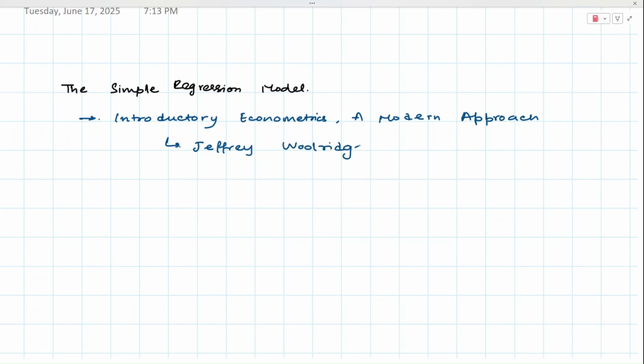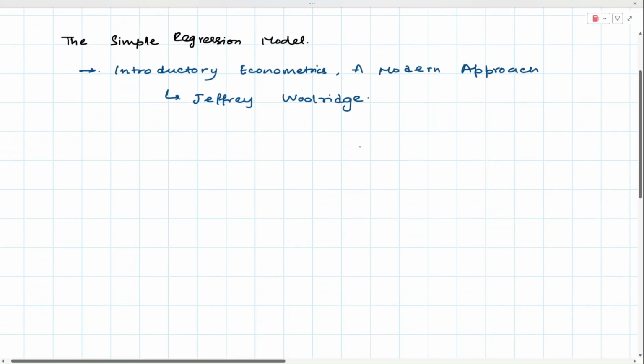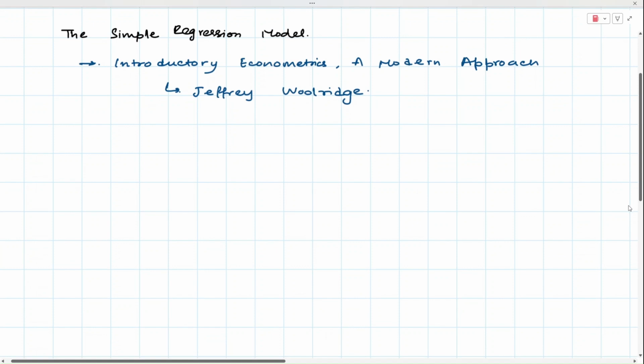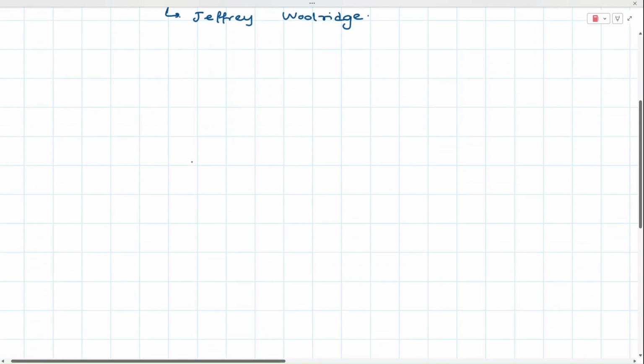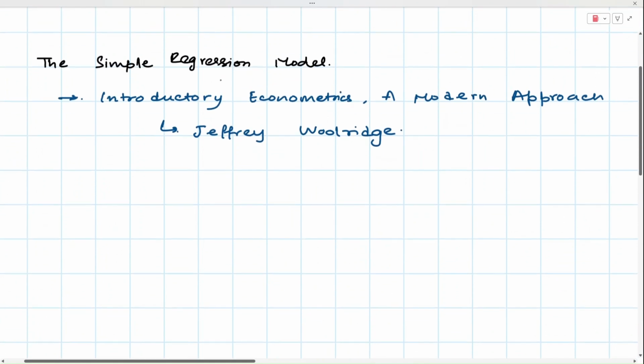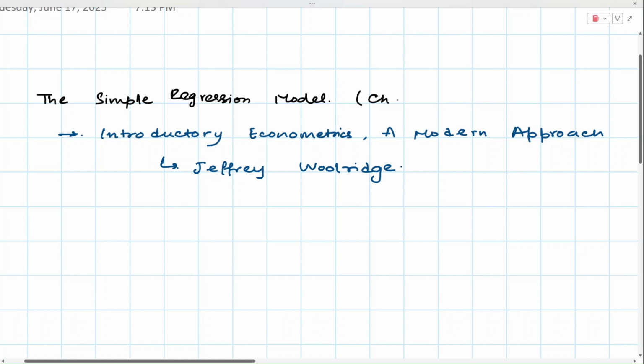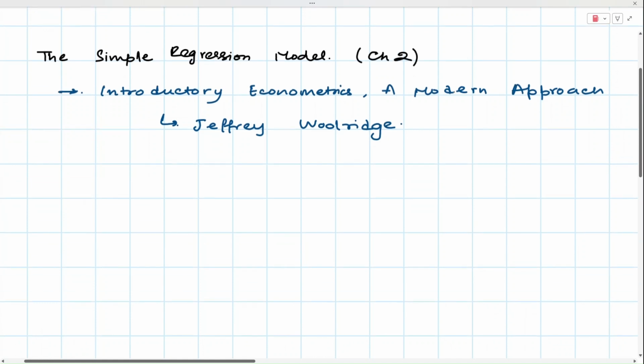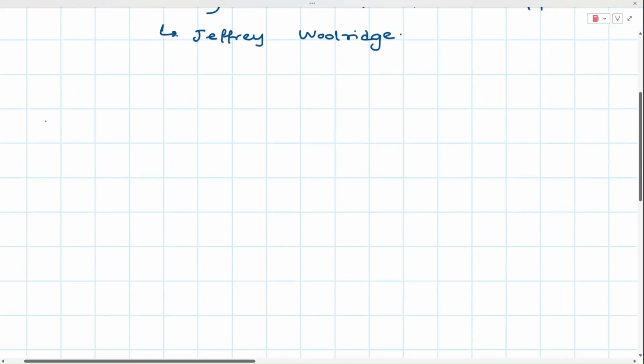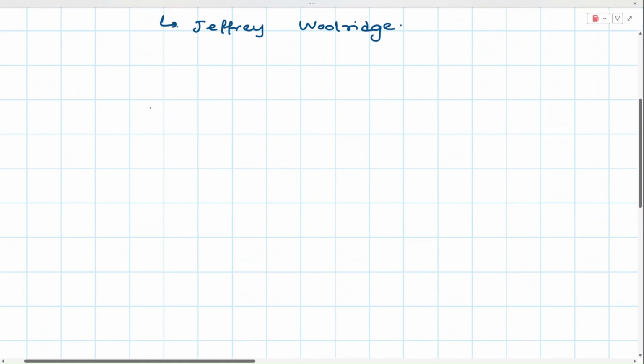The PDF for this book is widely available online, but most of us, or at least quite a few of us, don't really have the time to go through the book. So I'll try to summarize the brief ideas of the book. The chapter I'll be discussing today is chapter 2. The first chapter is an introductory chapter. If I feel I need to discuss some topics from that, then I will definitely go forward and discuss the introductory chapter. But for now, let's go to the second chapter.